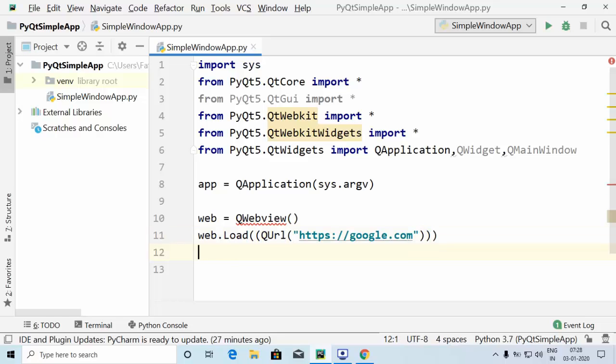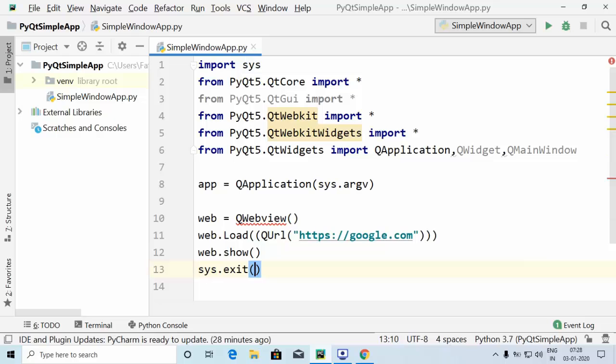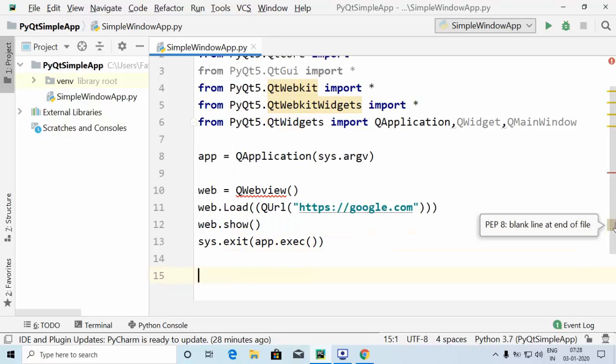And lastly, I'm going to use the web which I have created dot show. And last, let's use sys.exit, and inside that app.exec. So here we go. We have used the required things.